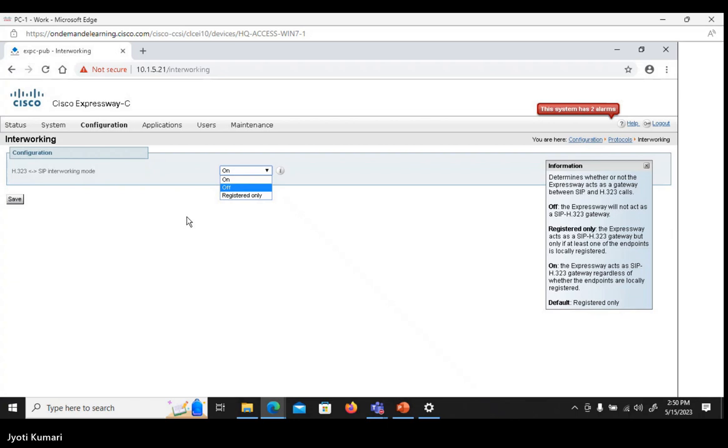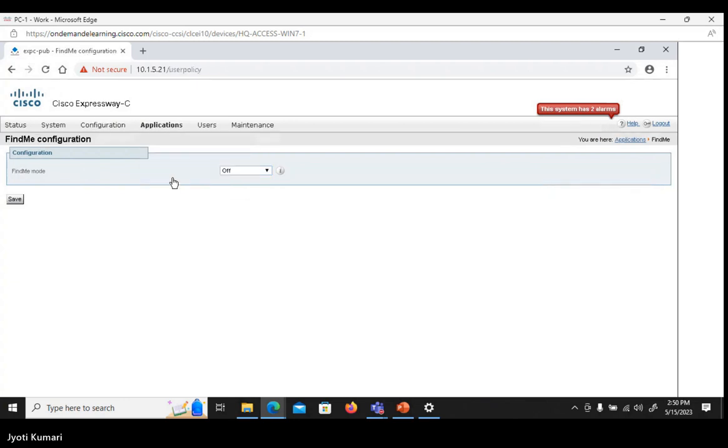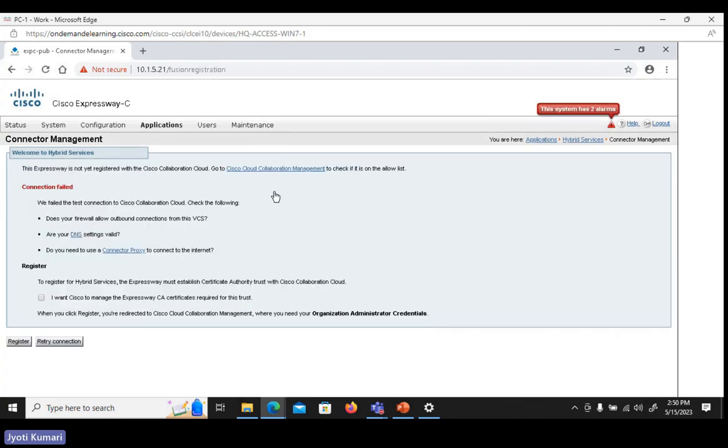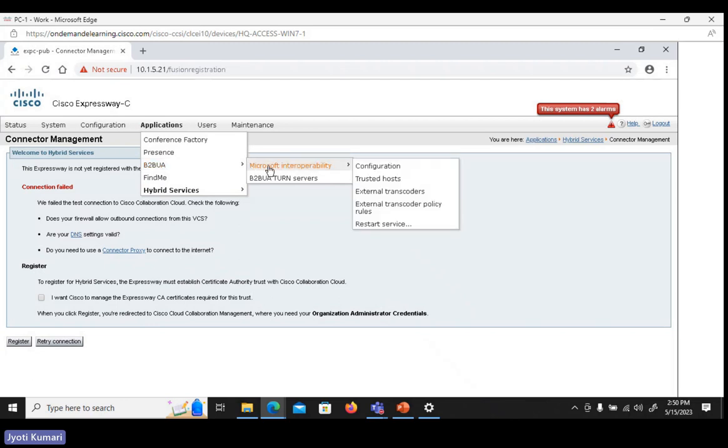Then we have applications. In applications, we have things like Find Me. Here you can find the option key. You can do hybrid services for connector management in case you have to connect to the Expressway E. This is where we have to do some configurations. We have to add certificates. We can register for certificates for those services. Business to business user agent, when you have a business to business RMS license, then this will be operational. So in case of business to business or third party interoperability for Microsoft or any other services,